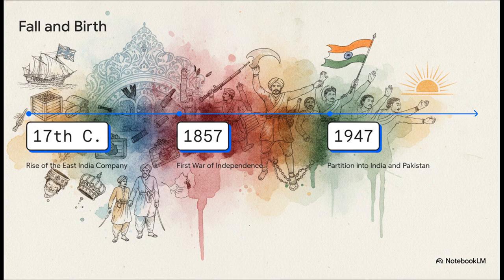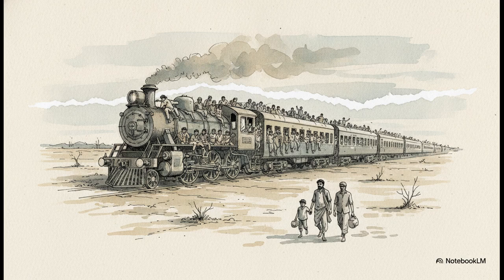The timeline here accelerates dramatically. The 17th and 18th centuries saw the rapid rise of the company. By 1857, massive resentment boiled over into the War of Independence, a unified rebellion against the British. But it was crushed. The last Mughal emperor, Bahadur Shah Zafar, was exiled, marking the definitive, heavy end of the empire. The decades that followed saw a massive, unified independence movement, which ultimately led to the historic climax in 1947. But 1947 wasn't just a moment of liberation. It was an agonizing tragedy.